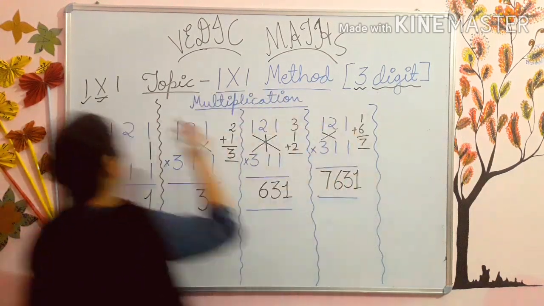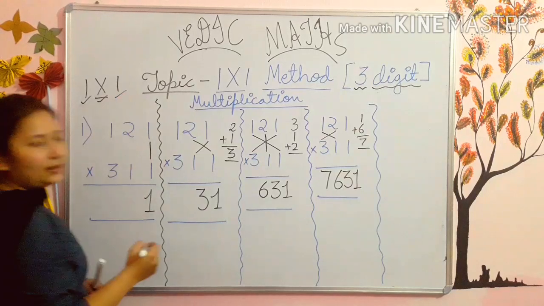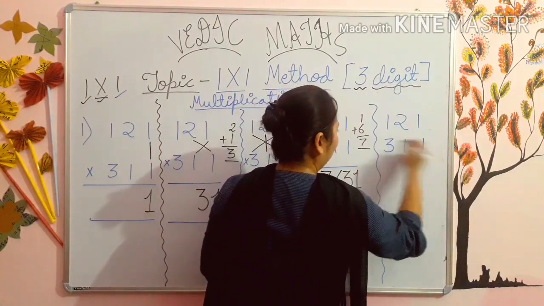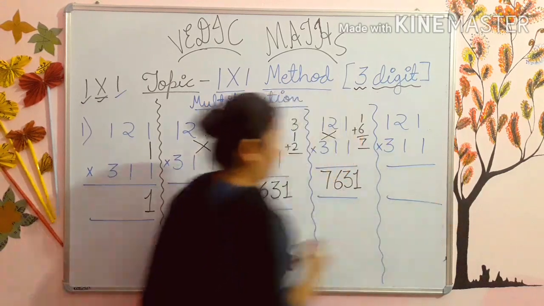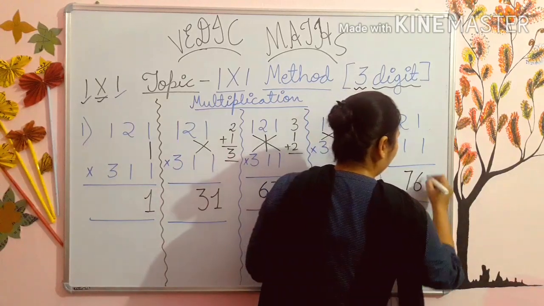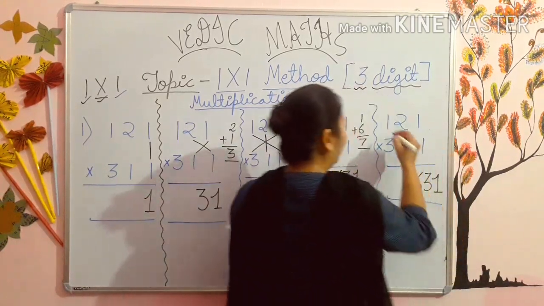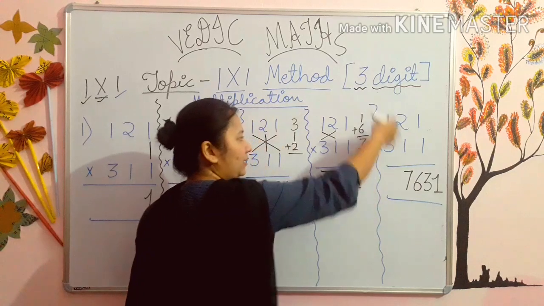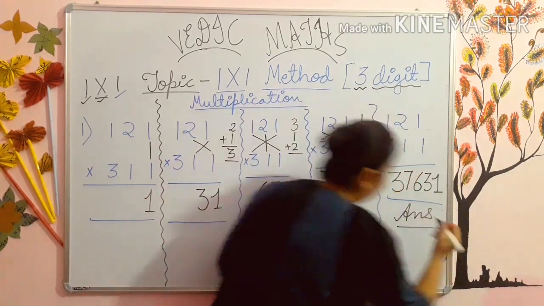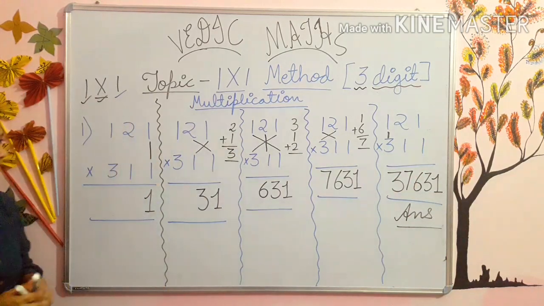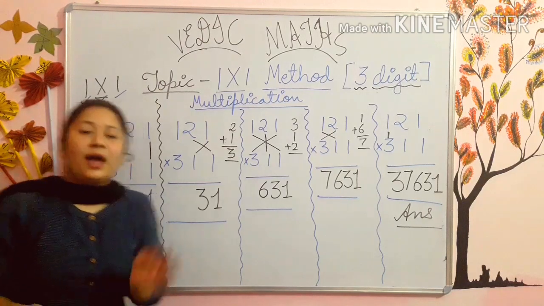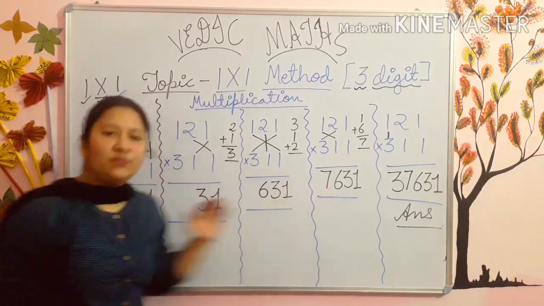Now our last, which is this I again. See, 1 2 1, 3 1 1. See, this much we have got already. Now the last, this. Multiply these both. 3 ones are 3 and this is your answer. I hope students you are seeing this. See students, I have explained you very nicely one by one.